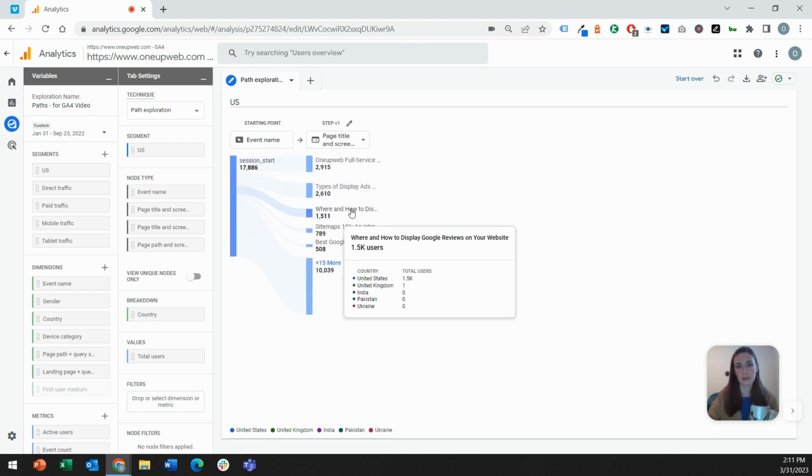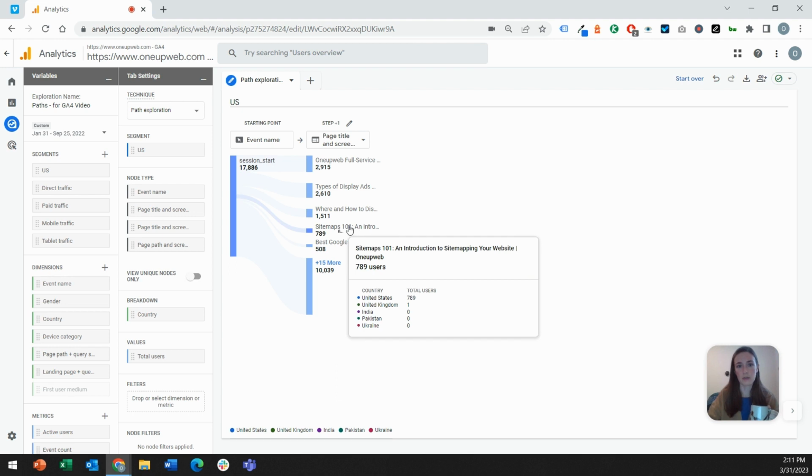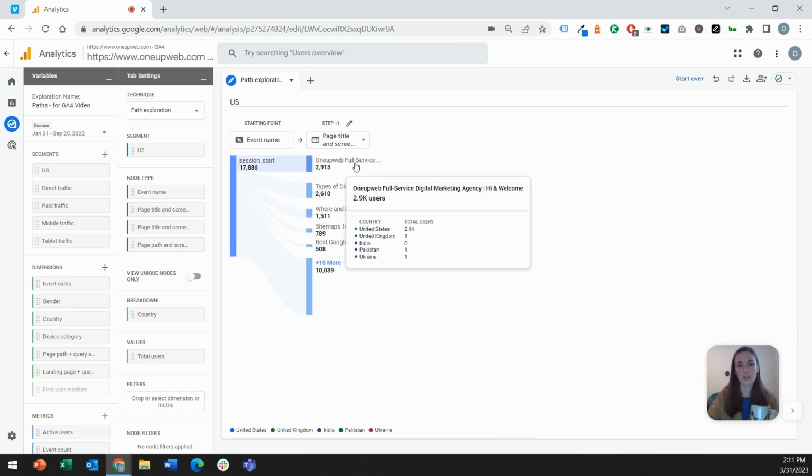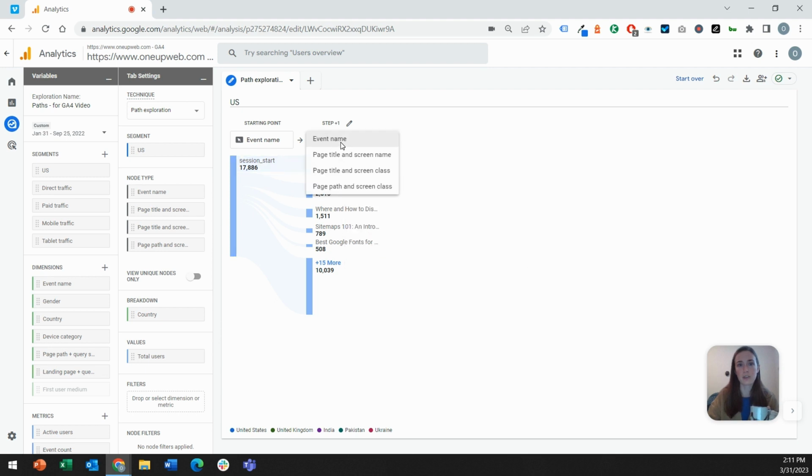If your title tags are a little bit long, which should be right around 50, 60 characters, then they might not fit on this screen. So I really prefer to look at page path.